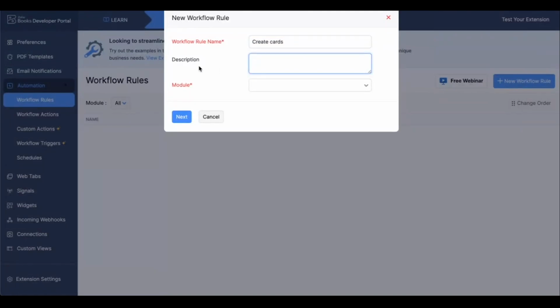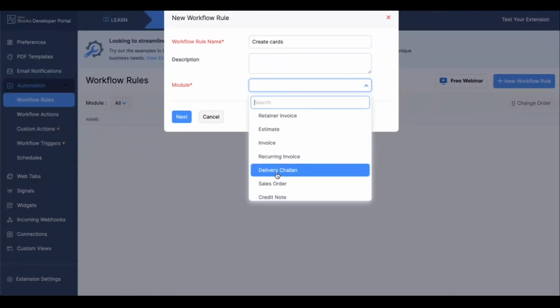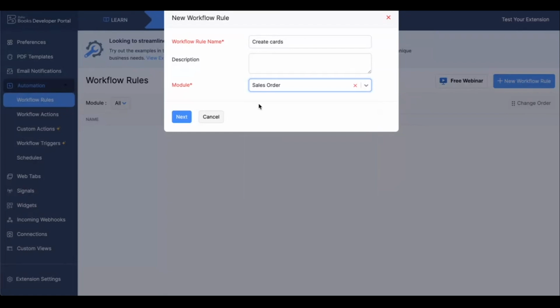Then if required, we can provide a description. Then we need to choose the module where this particular workflow has to be executed. In our case, this workflow has to be executed in sales order module. So I'm choosing the sales order module over here, and once I click on next,